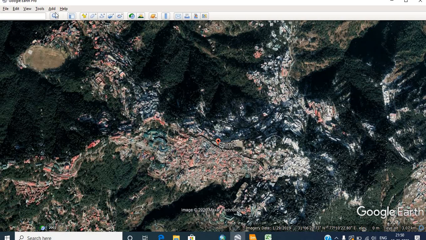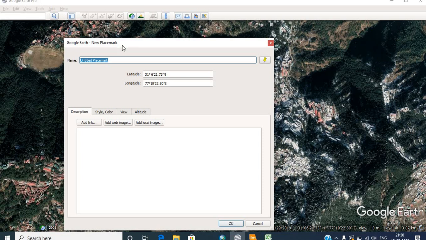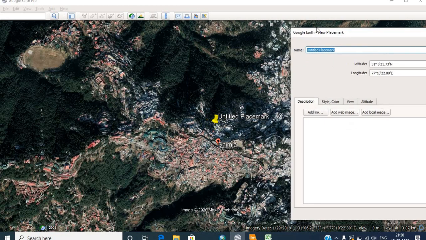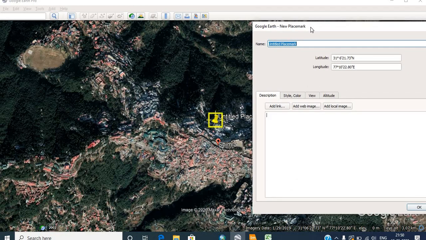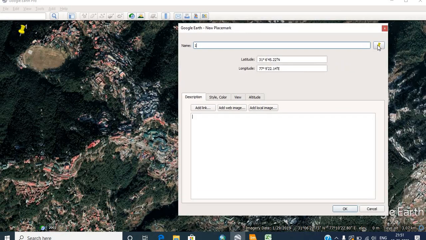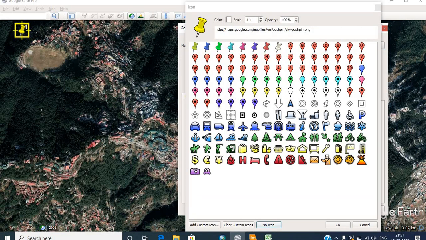Now the next most important point is just to add the placemarks. So we can name it as 1 and it can be kept here. So this would be our first GCP, and we can change the icon.